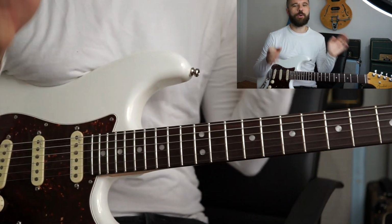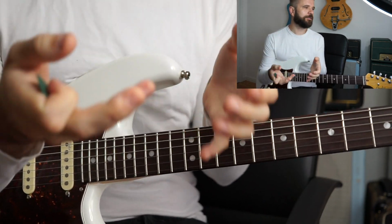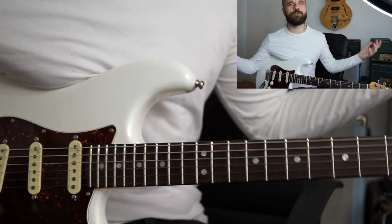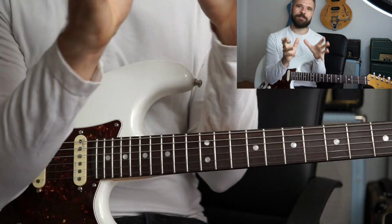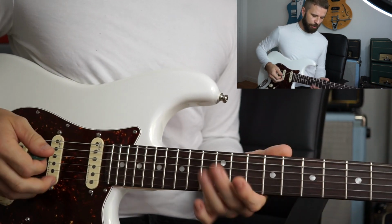Now the licks I'm showing you are quite small, they're not big licks at all, but my personal belief when soloing is, rather than playing huge licks and waiting for your moment to play those licks, there's a big chance of you messing those licks up. So what I like to do is keep licks quite small and compact so that when you're messing around, I like to flick between melodic